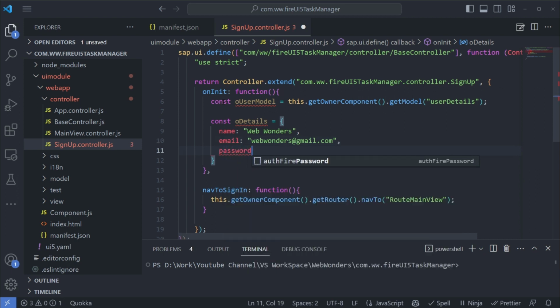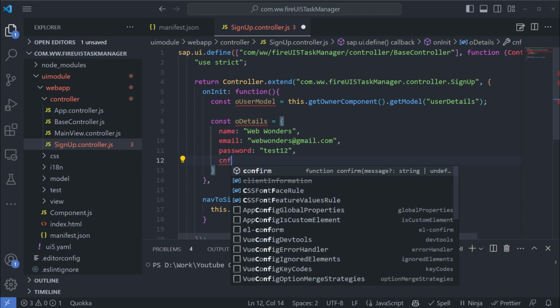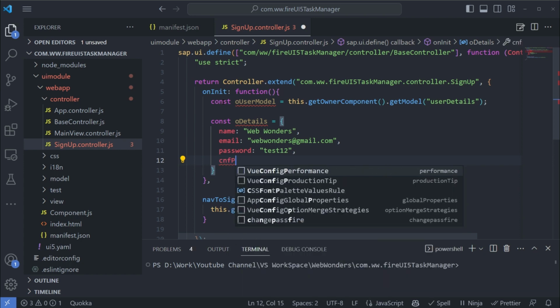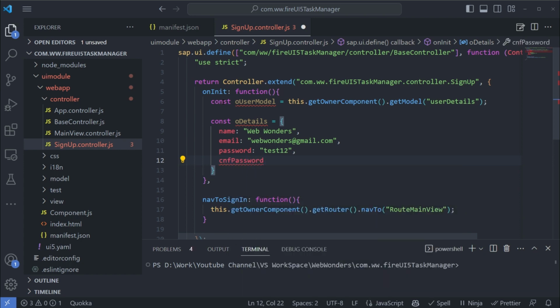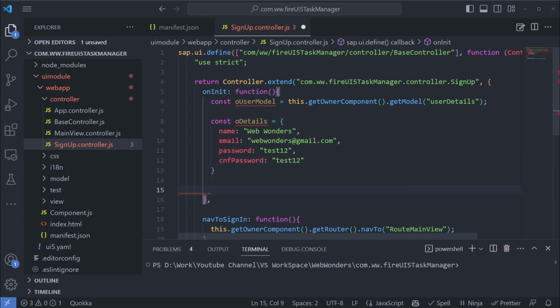Now password. So these are the four fields we have in the output. Okay, so confirm password. That's it. So now, as I showed you, the model has been fetched from the manifest and a dummy JSON object